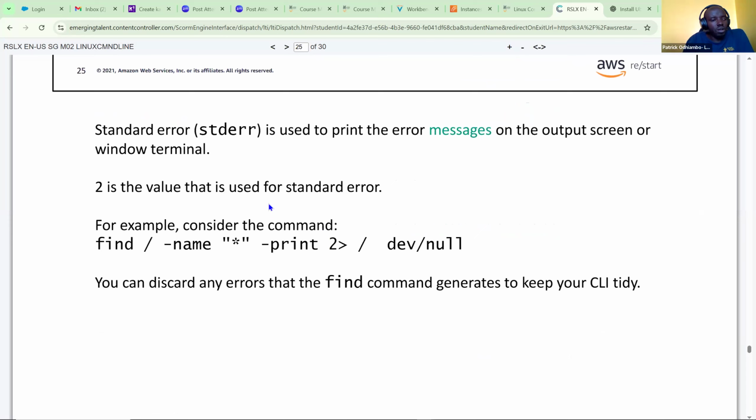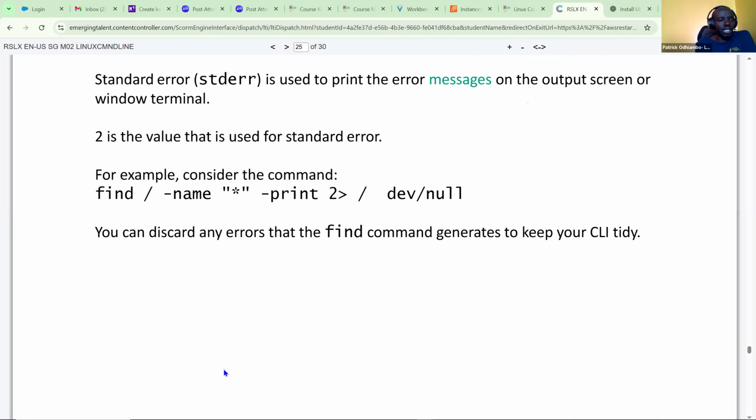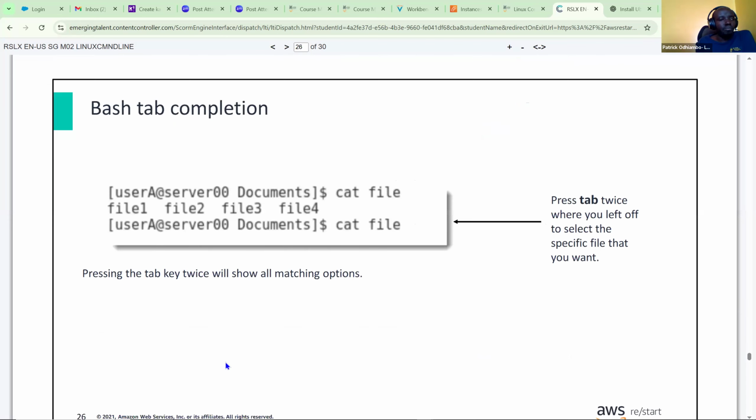2 is the value, that one we've talked about, and then about discarding, we've also talked about that one. Bash tab completion, this one I've just shown you practically how to do it. Press tab twice where you left off to select the specific file you want. Pressing the tab key twice will show all matching options. So cut file.